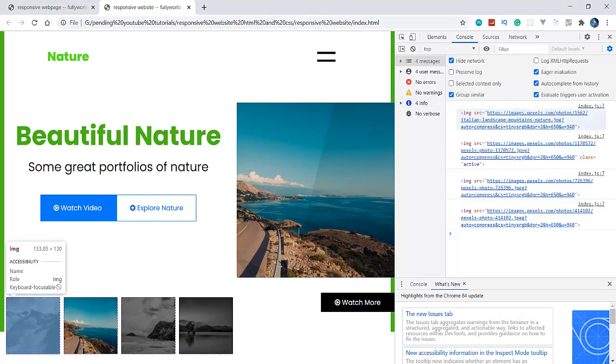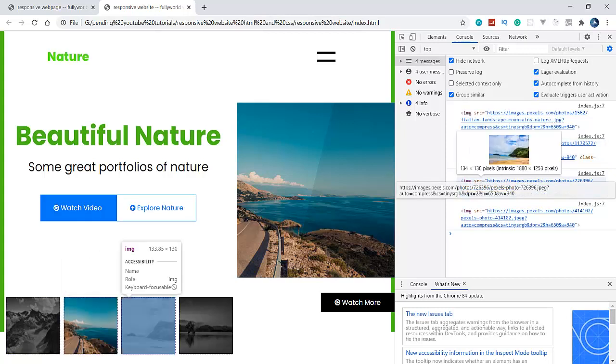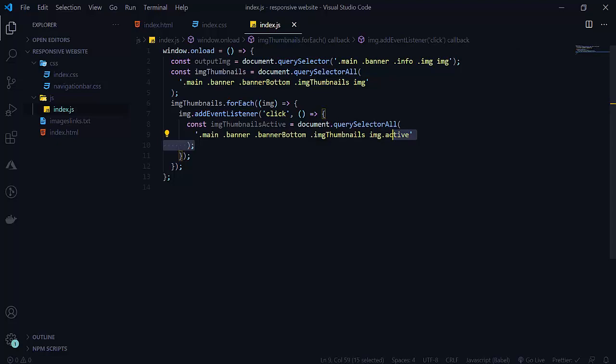See that when I write here, you are seeing image dot active. So this is an active class here, but in the other images you will see only dot image. So we are getting this image when we click on it.